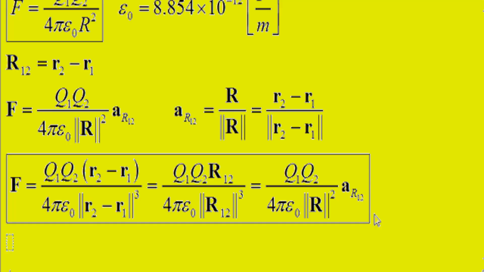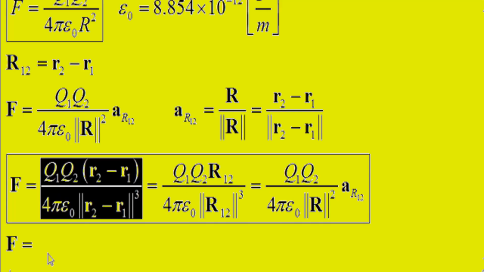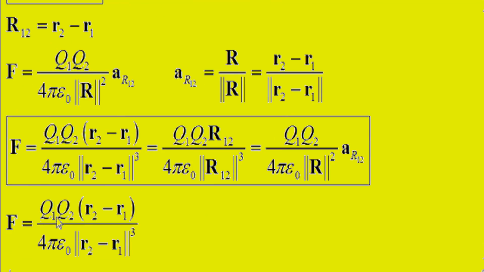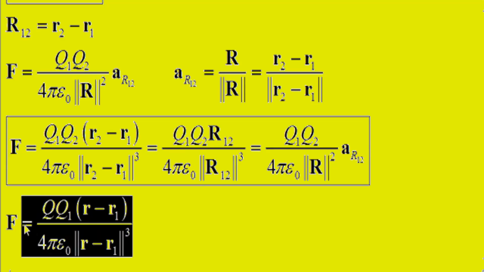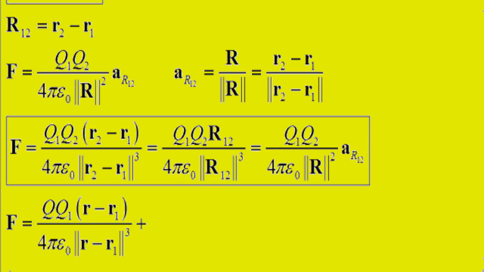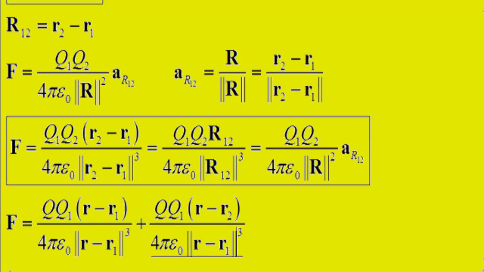That force is going to be the quote-unquote superposition of all the forces from all the other charges. So basically, it's going to be F equals, I'm going to just copy this and replace some subscripts here. The charge we're interested in, we're just going to call it Q. Then this is going to be Q1, this is going to be R, that's going to be R1, and that's the first term, and then you have to add up this from the second charge,